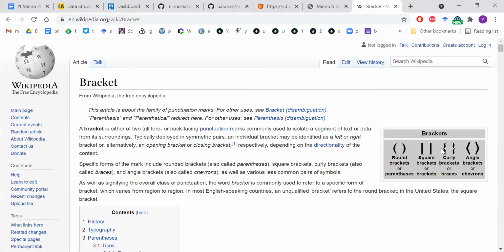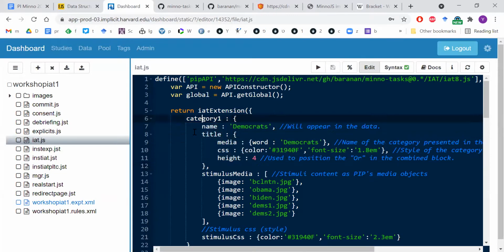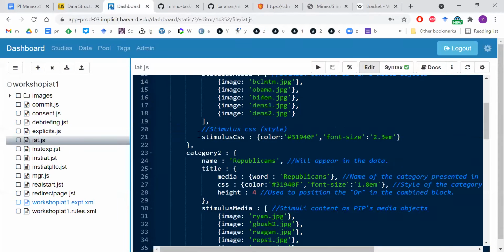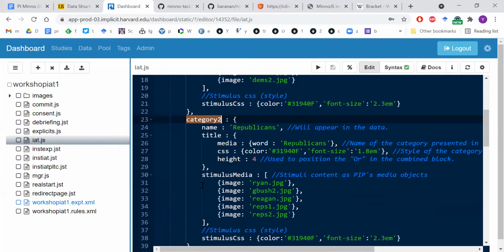Yeah, curly brackets or braces. People call it braces, some people call it curly brackets. Okay, I'm back here. So here I define the category one. It's, you know, an idea. It's two categories. So you can see here category one, and here is category two, and here is attribute one